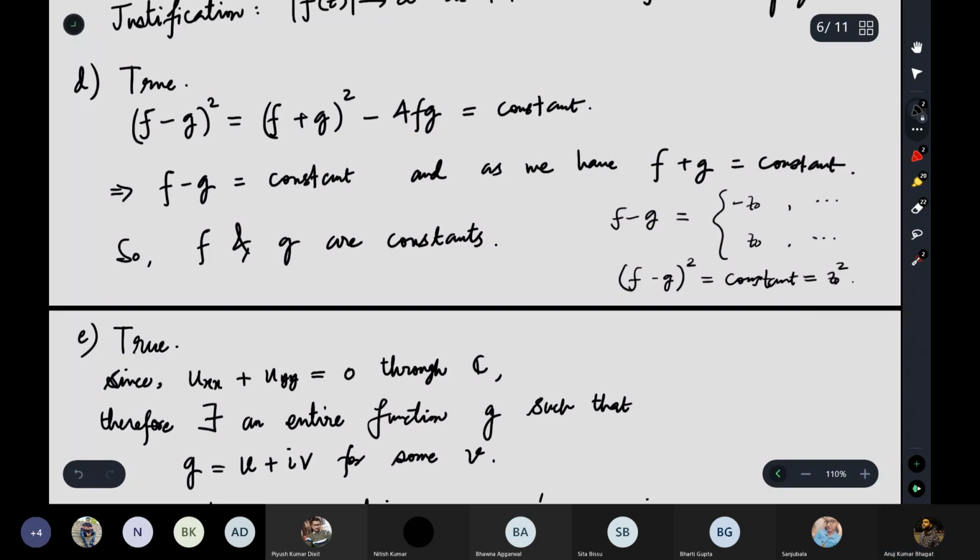But you see, f minus g whole square is a constant may not imply that f minus g is also a constant. But in this case,